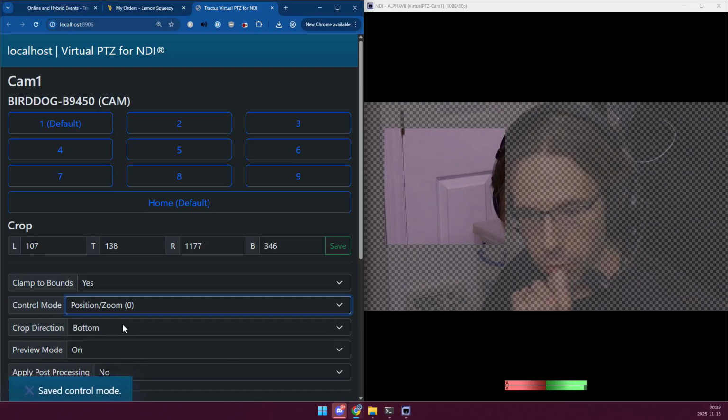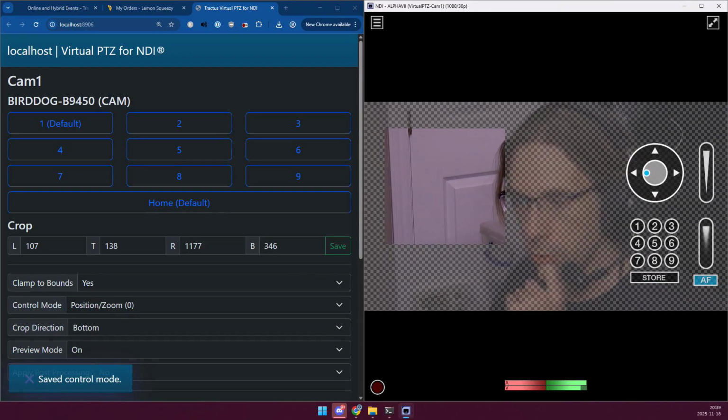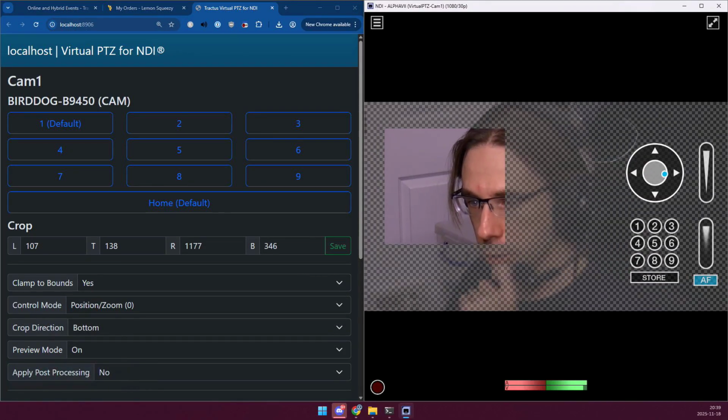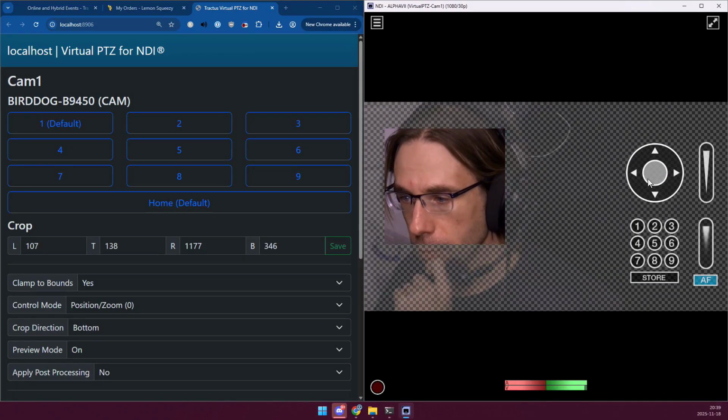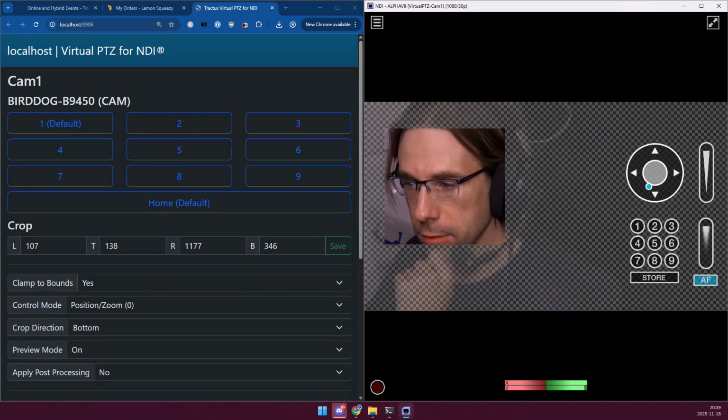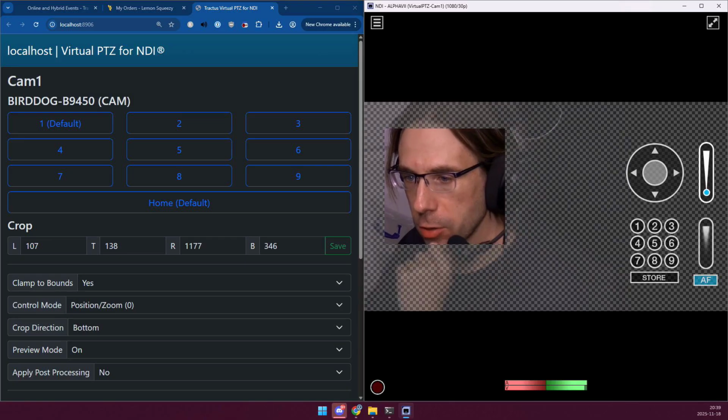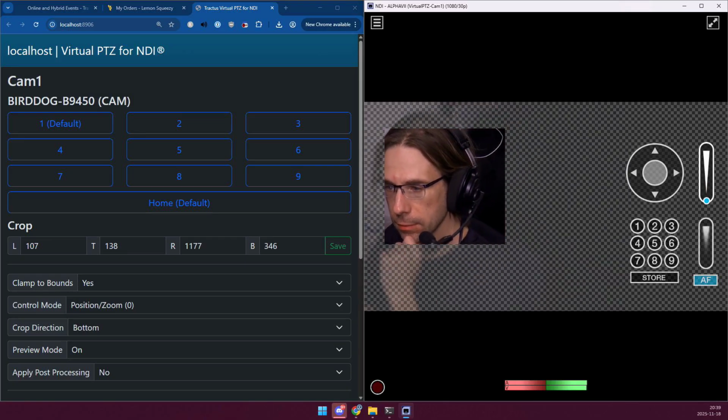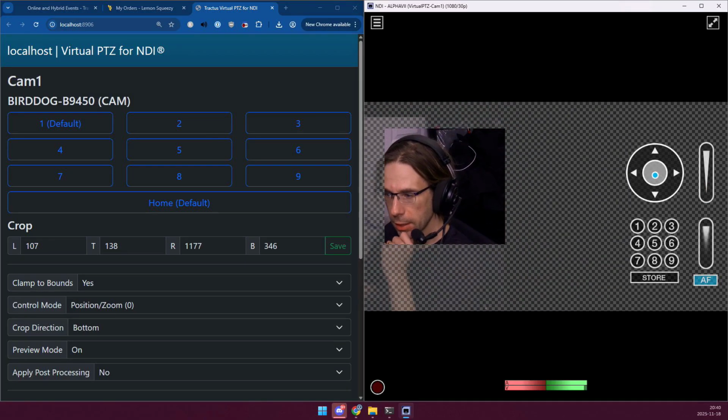I'm going to switch the control mode back to position zoom, and I'm going to move my image. All right, here we go. And move this down a little bit. All right, and zoom it out just a bit. Great. And then we'll move it back. Now notice that I have